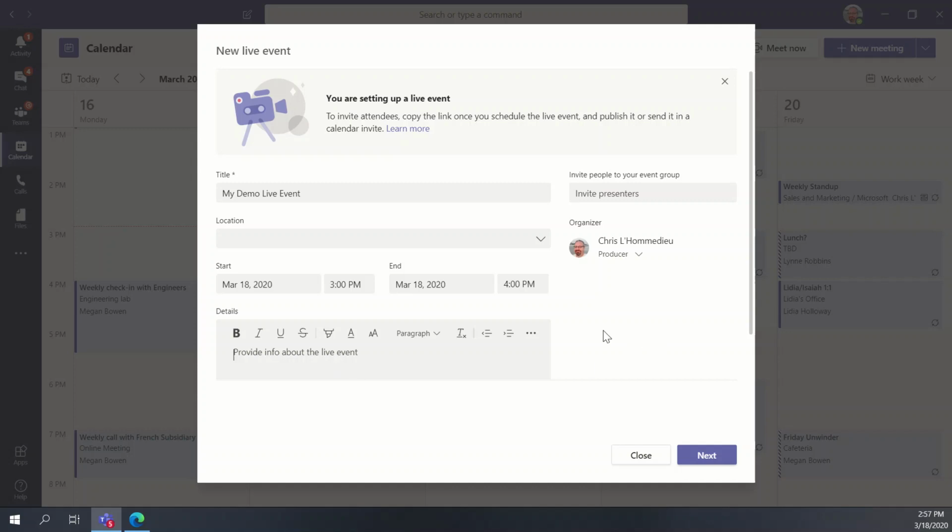And then what's great about live events, different from meetings in Teams, is you have some very prescriptive roles that you can create. By default, the organizer of the event, which is me, is the producer. These are the persons that are in control of when the meeting event goes live. They have access to the moderated Q&A if you configure it. They determine what sources are available through the broadcast at any given time, right? So producer, sort of a very powerful role, and I can have multiples of those if I want, depending on